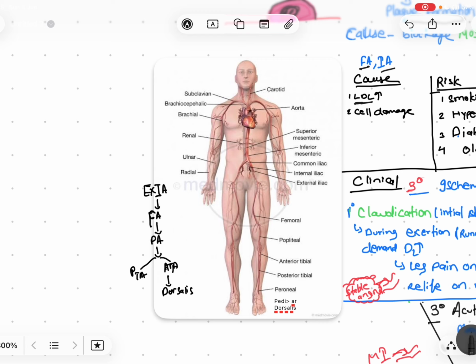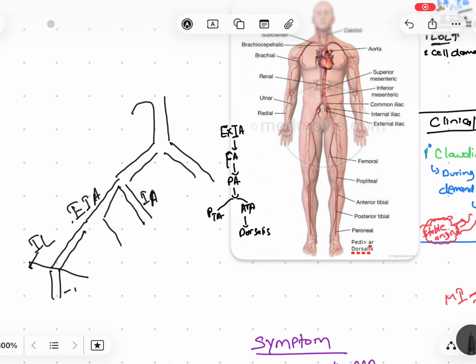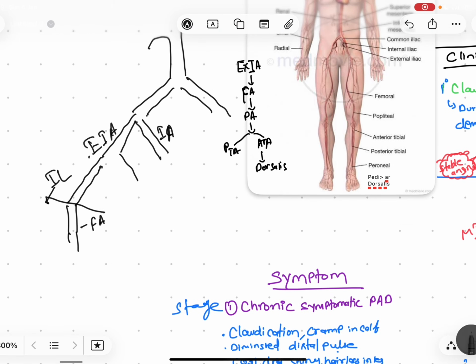If you look, this is the aorta. From the aorta, two common iliac arteries go. Then each is divided into the external iliac artery and the internal iliac artery. The external iliac artery goes down and across the iliac ligament, and then it becomes the femoral artery. We call it the femoral artery. It goes into the popliteal fossa